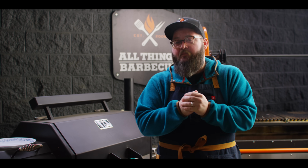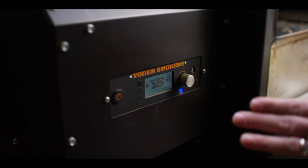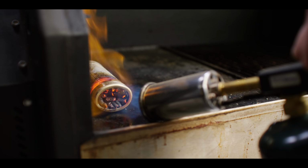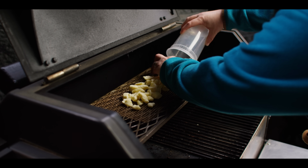We're gonna do our cold smoking on the Yoder YS480s pellet grill today, and I'm gonna show you how we set that up. Step one, turn the grill on. I've got hickory pellets in the hopper. I'm gonna load them into a smoke tube, and we're gonna fire this up with the torch. So we'll let that flame burn for about a minute or so, just to make sure that all those pellets